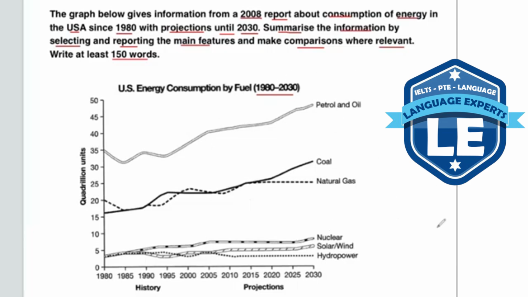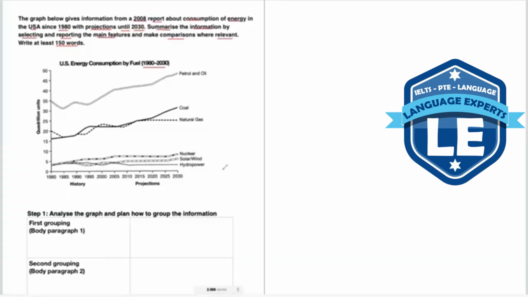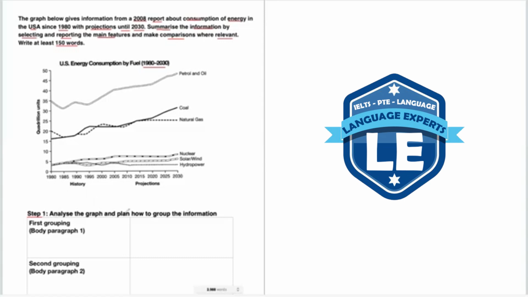We'll talk about the scoring in just a little bit, but these types of prompts will really allow you to showcase your knowledge of using the past and the future tense. Okay, so now we are looking at step 1, which is going to be analyzing the graph and planning how